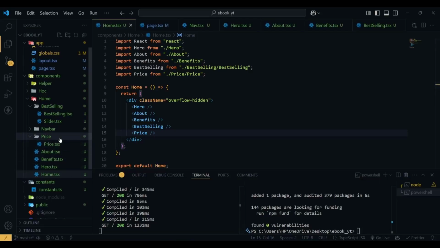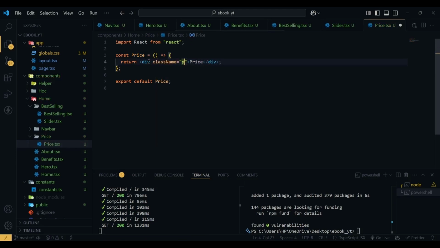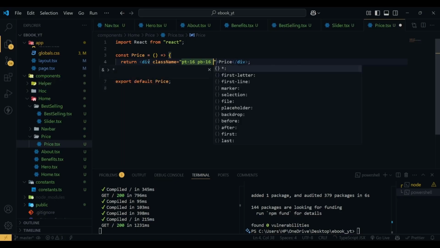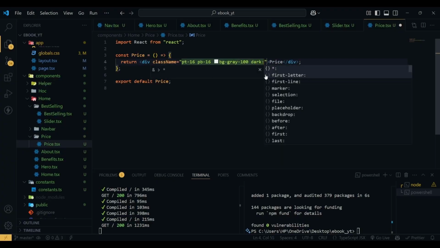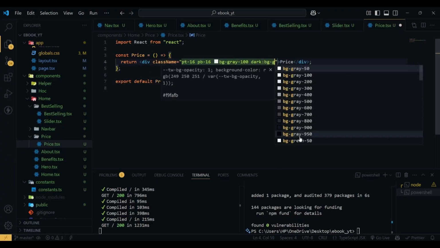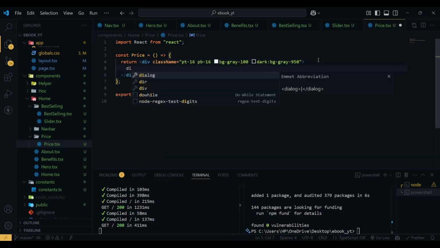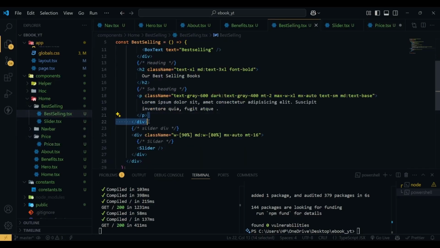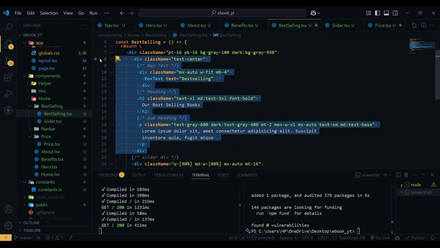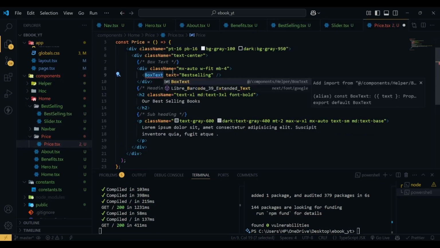Now here let's go to the price.tsx, and the first div has a class name of padding top of 16, padding bottom of 16, bg will be gray 100, and in dark mode the bg will be gray 950. Now if I hit save, and inside this div we'll have another div. So here basically what I'm going to do is copy this div from our best selling. This is the section heading, so let's copy this and paste it here, and let's import the box text,